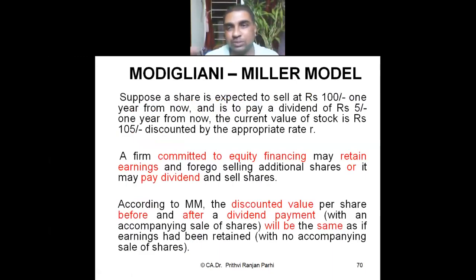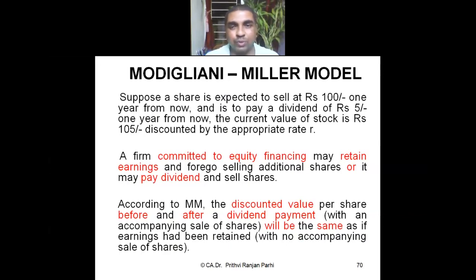That means suppose you are investing 100 today and you are expecting that in future you will be getting a dividend of 5 rupees and the price will become 105. That means the 100 rupees is the present value of 5 plus 105, the present value of D1 plus P1. D1 is 5, P1 is 105. If you discount it at a particular rate of interest, a particular cost, it should become 100. Right?